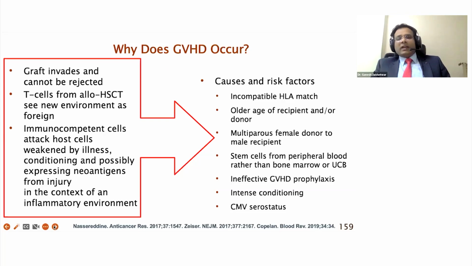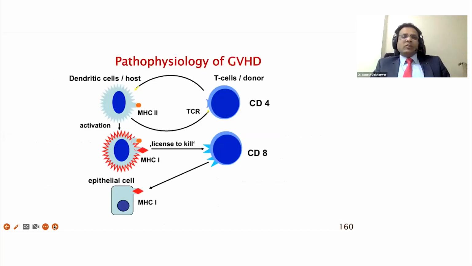There is the HLA disparities, more the age, the sex disparities there, and particularly with peripheral blood stem cell, because of the higher T cell dose, there is higher incidence of GVHD. So the pathobiology essentially evolves around alloreactive T cells, donor T cells attacking the host tissues, and after this